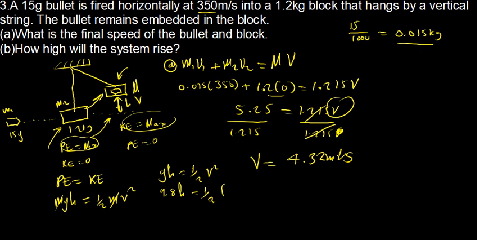Now the velocity is the velocity at which the system is going to move. That is the velocity we found, 4.32. So that is what we are squaring. So now 4.2 squared. Okay, so we are saying 4.2 squared, and then we have divided. So if we square this one, we are going to get 18.67, and then we divide it by 2 or multiply it by half. So we are going to have